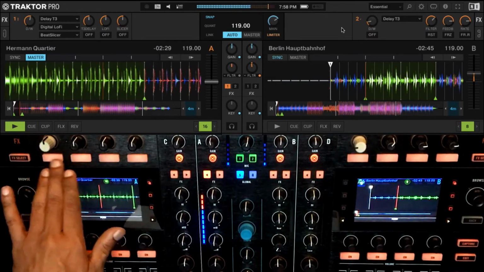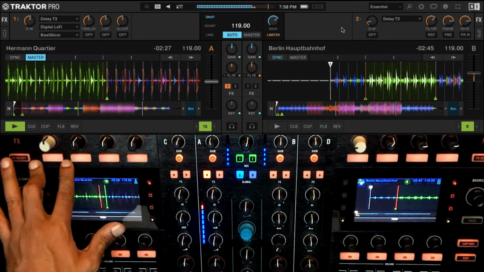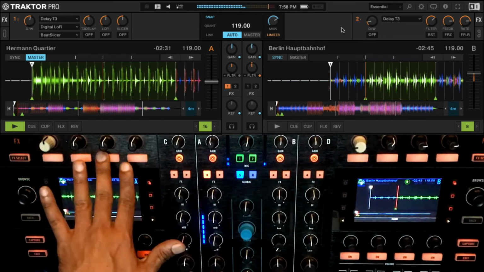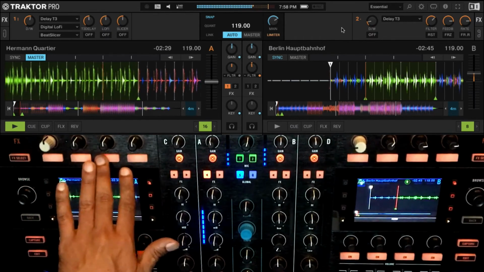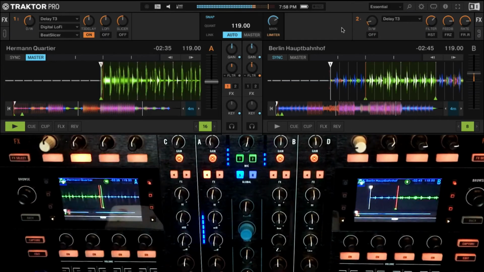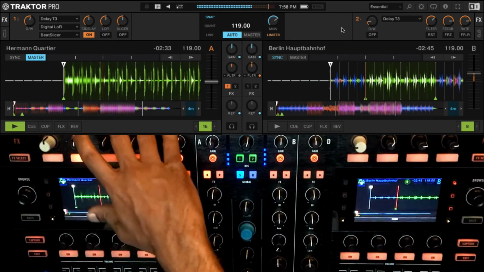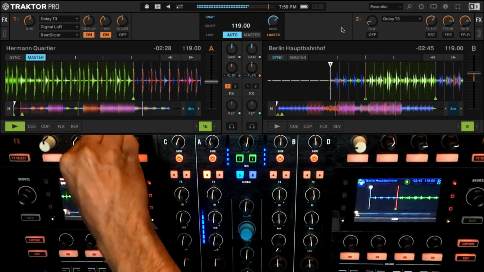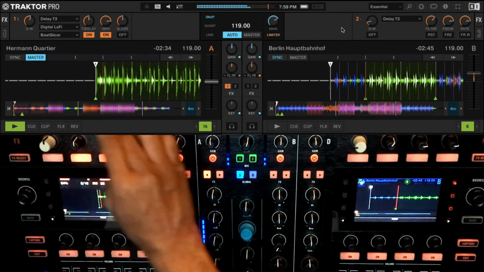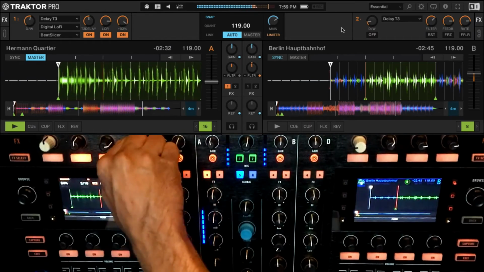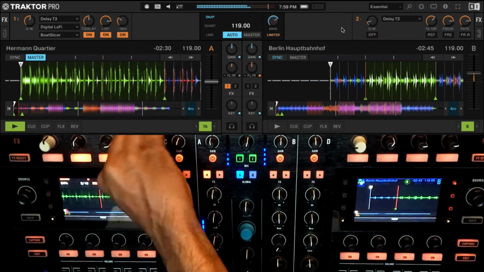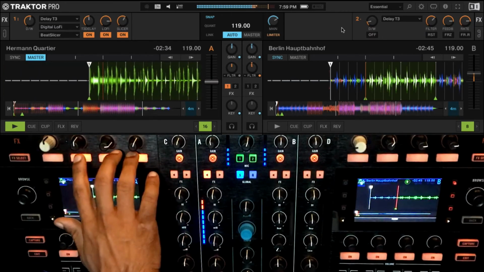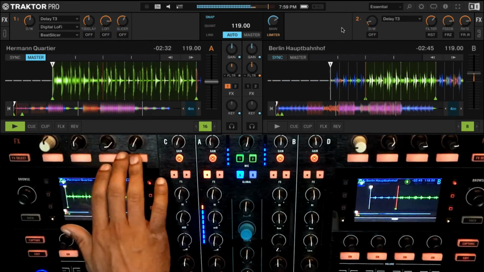Okay, so here when you have group effects, your first button is going to be free. It's not going to be enabled to anything. There's no first button, there's only these three buttons. So I enable the delay. You can hear the delay happening. Send the delay through a lo-fi. Send that through a slicer. But the feedback of the delay is dominating quite a bit. Let me switch everything off.